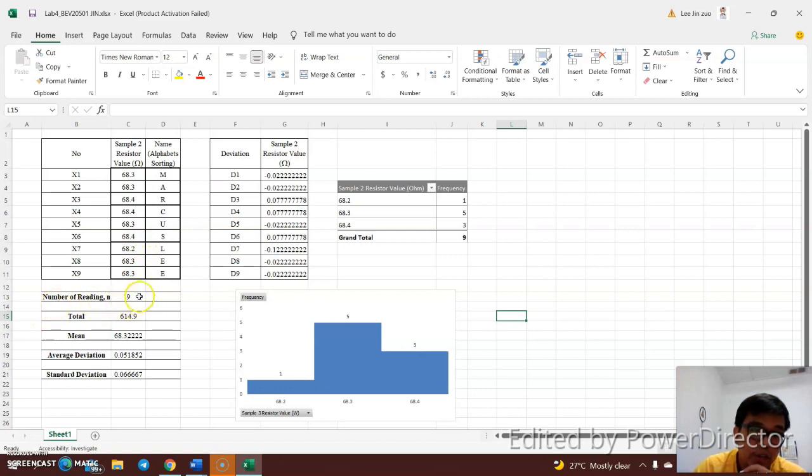So the number of readings is a total of 9. The total value of the resistor is 614.9, and the mean I have got is 68.3222. It is calculated by Excel. And so the average deviation is 0.0151852, and also the standard deviation is